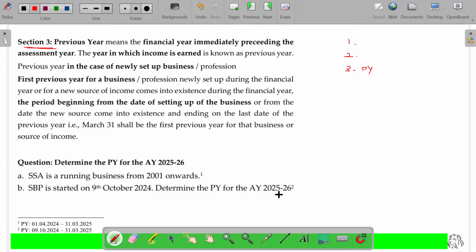So, already told you, the previous year, prior to the assessment year, usually starts with 1st April, but not necessarily 1st April. Previous year means the financial year immediately preceding the assessment year. The year in which income is earned is known as the previous year. Usually 12 months. Sometimes it may be less than 12 months too. For example,